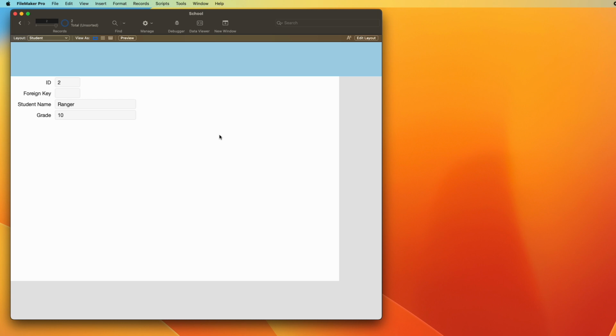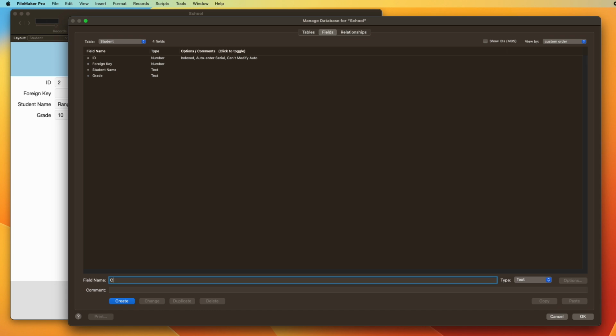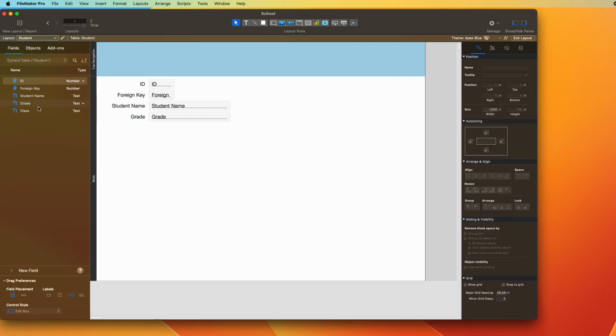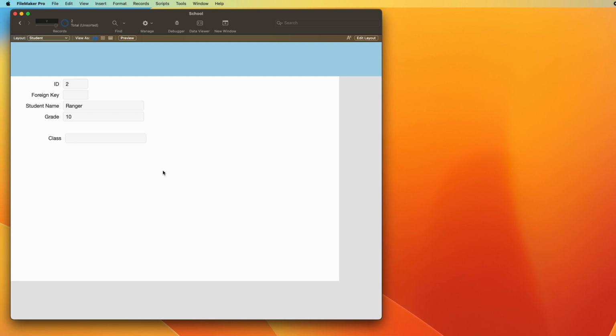So now we have these two student records, and what we want to do is track which classes they have. One of the things that a lot of people would think is, okay, let's just go back into our table and make a field called class. And then we'll add that one to our layout. And we'll start listing the classes, right? So Lucy is taking music appreciation, Music 101, Baroque era,